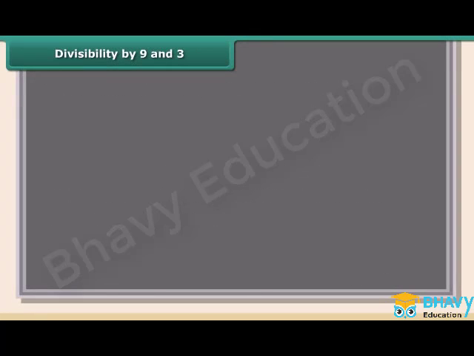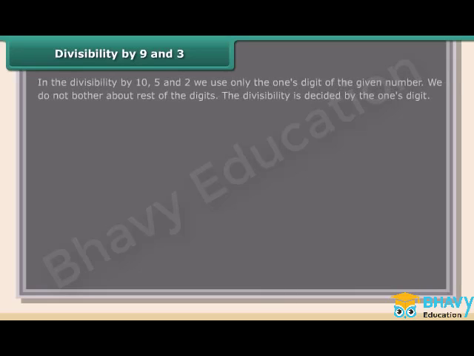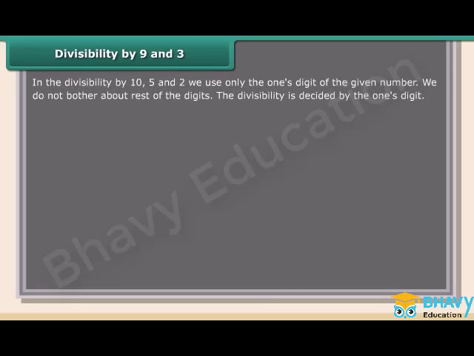Divisibility by 9 and 3. In the divisibility by 10, 5 and 2, we use only the ones digit of the given number. We do not bother about the rest of the digits. The divisibility is decided by the ones digit. For checking divisibility by 9, let us consider